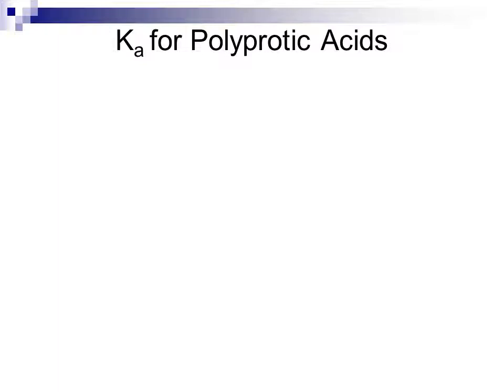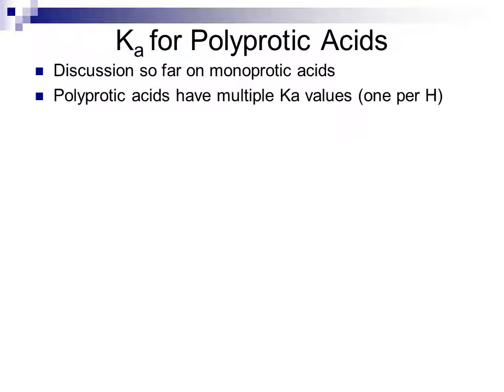Now Ka for polyprotic acids is different from Ka for monoprotic acids. All of our discussion so far on acids and bases has been monoprotic, or single functionality. Now we're looking at a polyprotic system where we have more than one hydrogen potentially ionizing. Polyprotic acids, because they have more than one hydrogen, have more than one Ka value. Each hydrogen has its own Ka value. For instance,